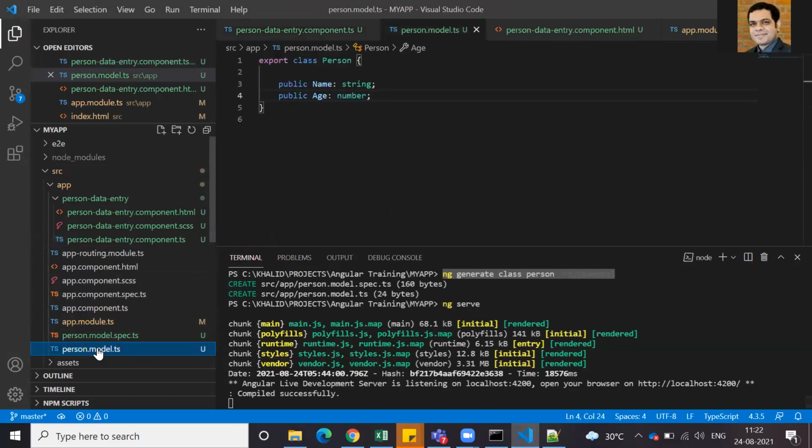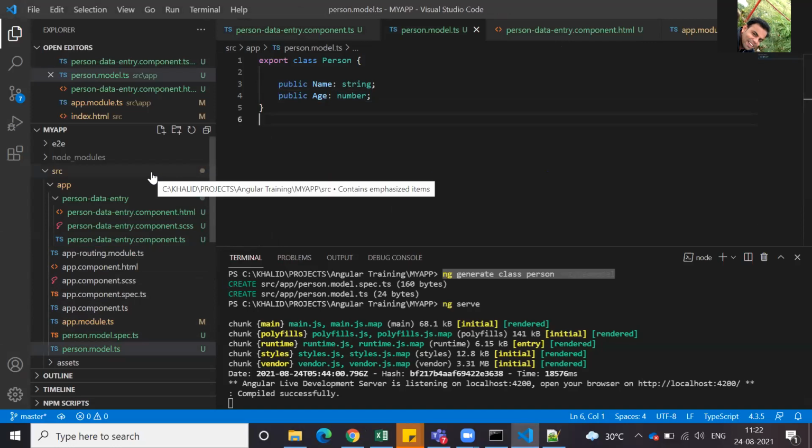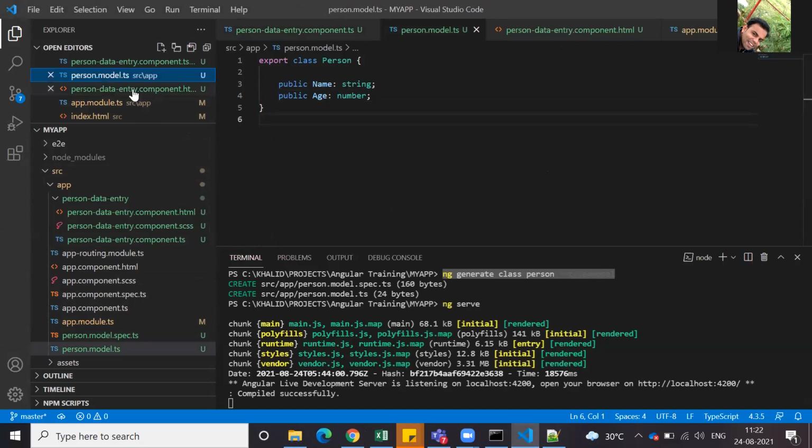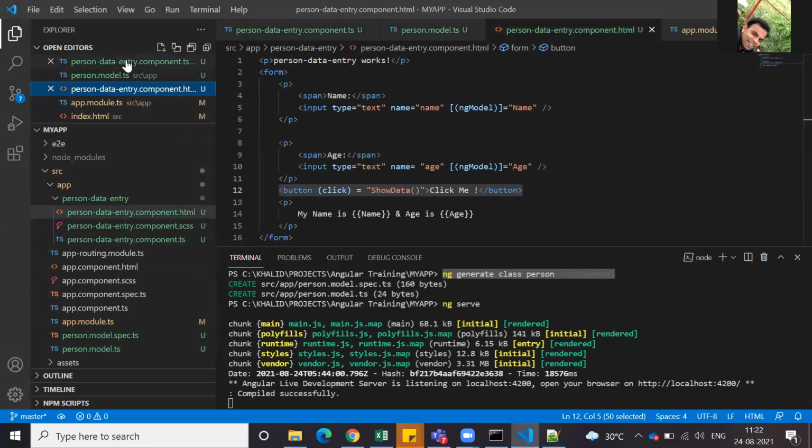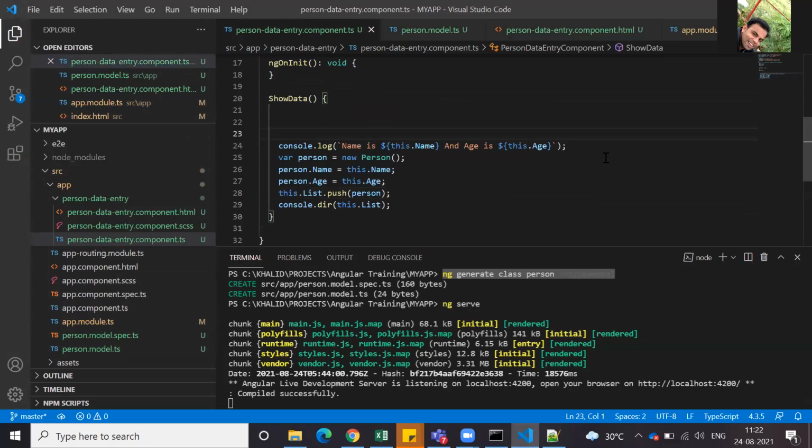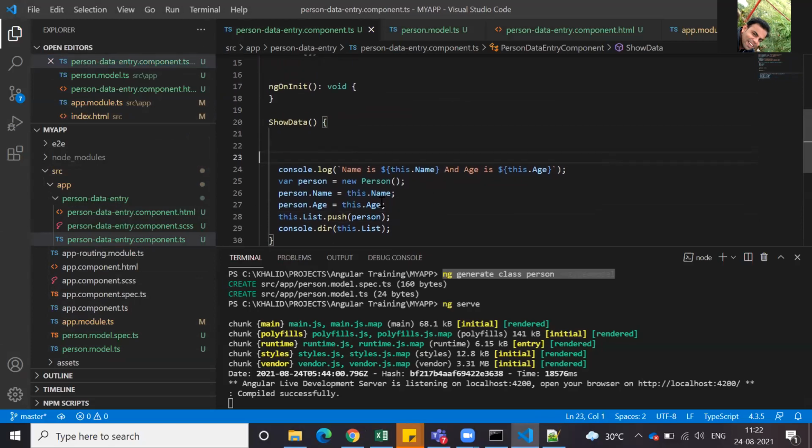I have created a model class, and in that component TS file, I'm creating an object of that particular person class, initializing the property, and then pushing it, and this is console.dir, where I'm displaying the array. Perfect.